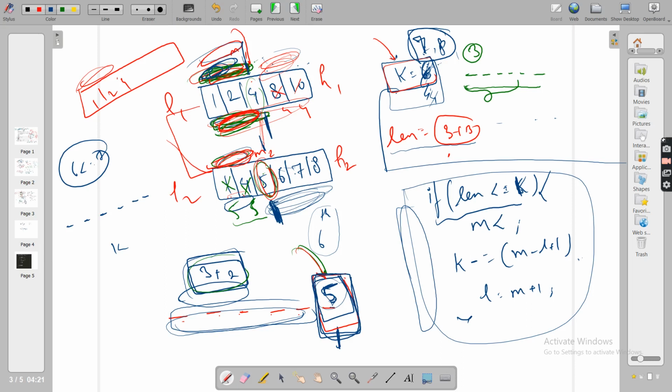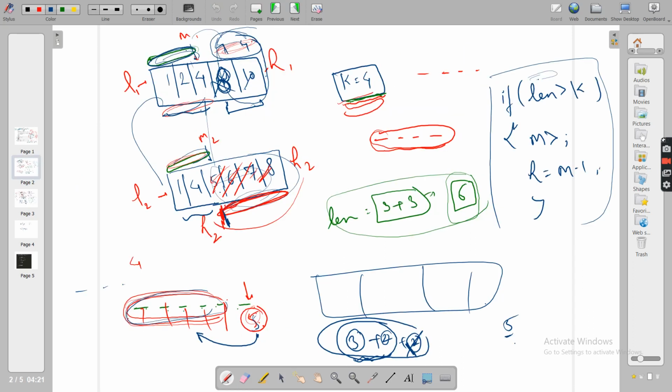That is what I said here. You can remove only when you are sure that after removing 5 onwards these elements, they will never come in the first k positions. So you will only remove the right part, including this mid, only when you are sure that they'll never come at the first k positions.